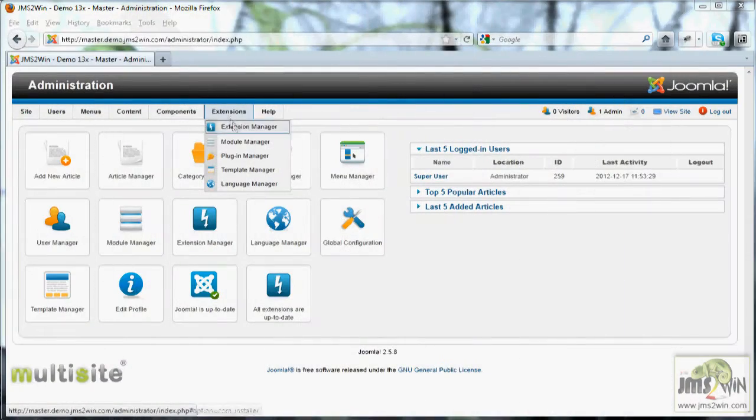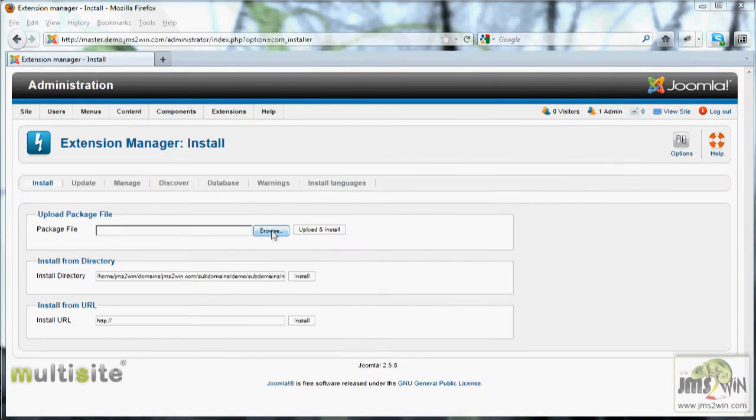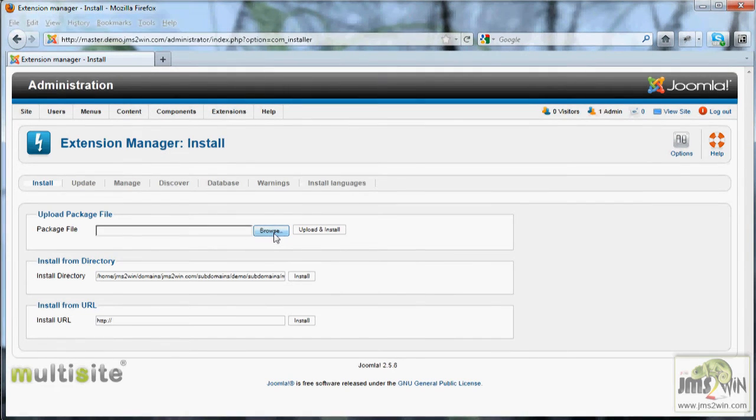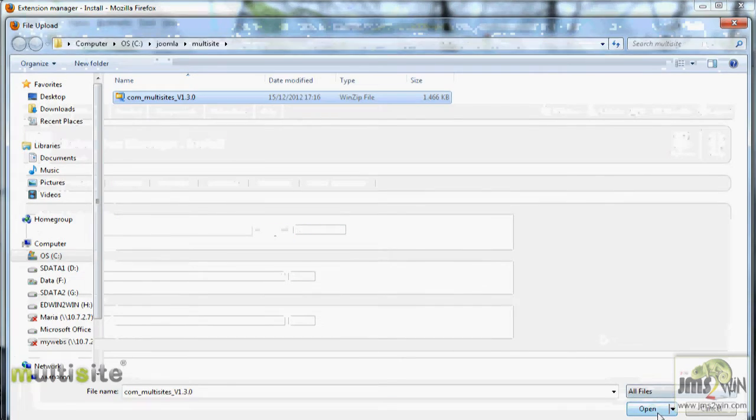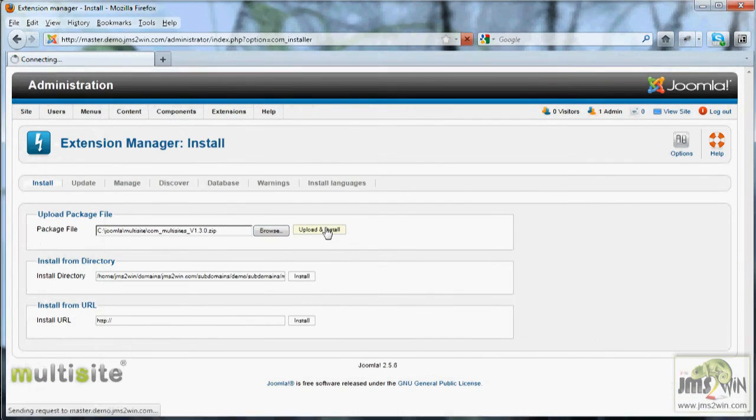The installation of GMS is very easy. You use the extension manager present in Joomla, and you can install GMS from the same package in Joomla 1.5, 2.5 or 3.0. So this is the same zip, the same package. Once you have selected the package, you upload the package, and when the installation is finished, it will request you